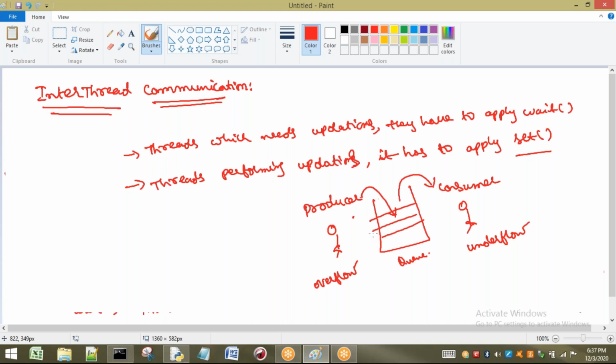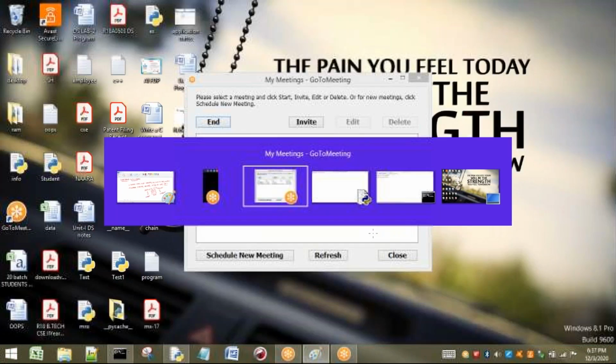For this scenario, I am going to take one example now. I am going to write the program using the Event class, or Event object. We already know that we take all the related methods and classes of multithreading from the threading module. From threading, I am going to import all.